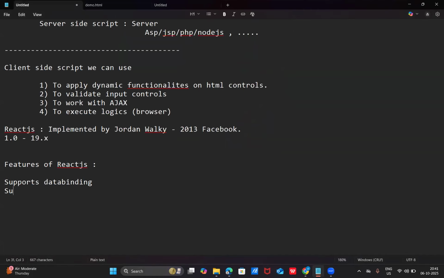Next one, it supports many validators. Predefined validators are available in React.js. No need to write the lengthy logic like what we write in JavaScript. That is one more concept of this. Next one, it supports